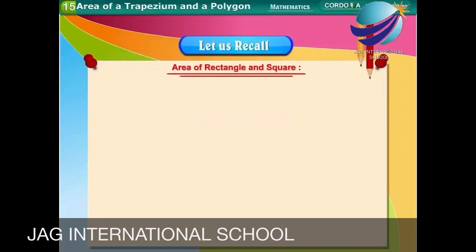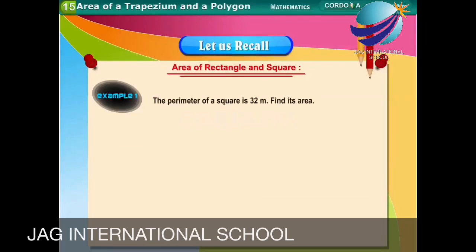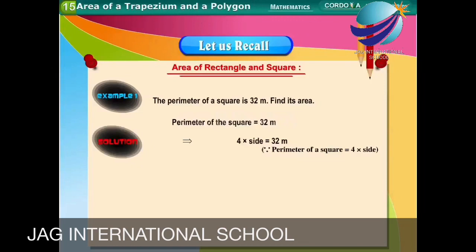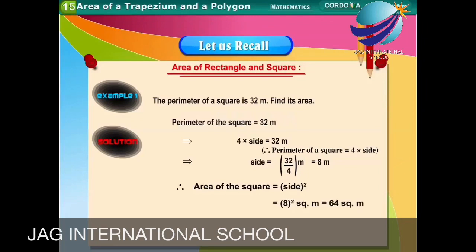Let us recall area of rectangle and square. Example, the perimeter of a square is 32 meters. Find its area. Solution, perimeter of the square is equal to 32 meters. This implies 4 into side is equal to 32 meters. Since perimeter of a square is equal to 4 into side, this implies side is equal to 32 upon 4 meters, which is equal to 8 meters. Therefore, area of the square is equal to side square, which is equal to 8 square meters,